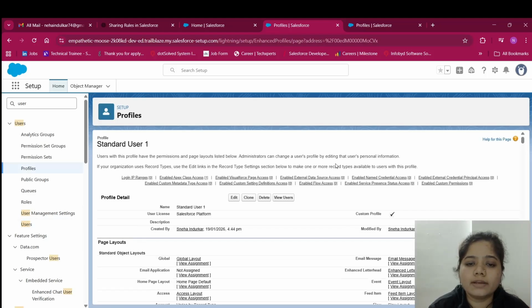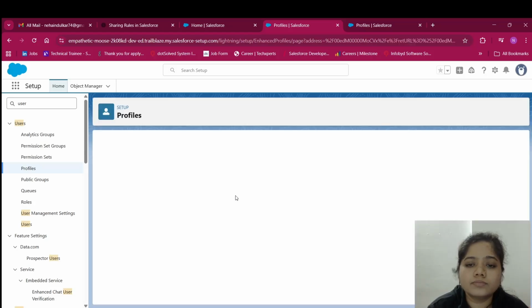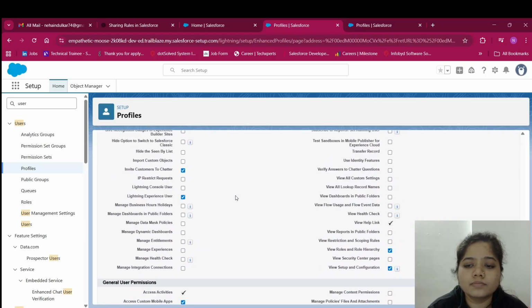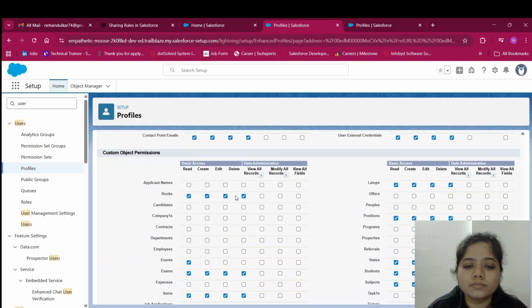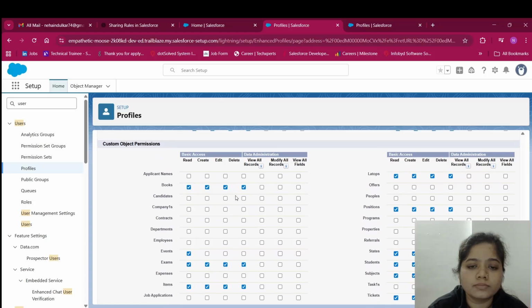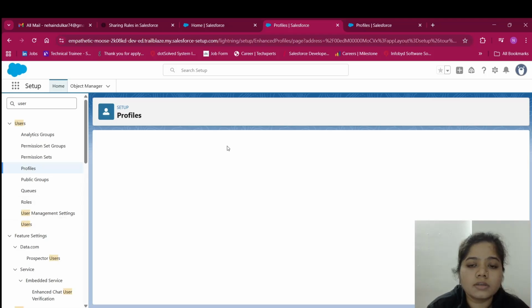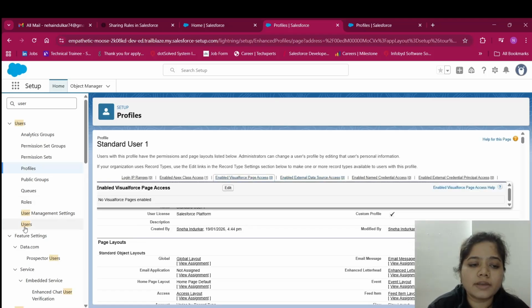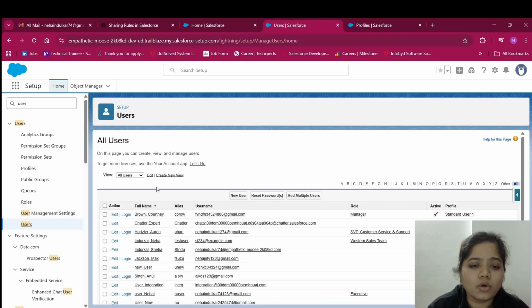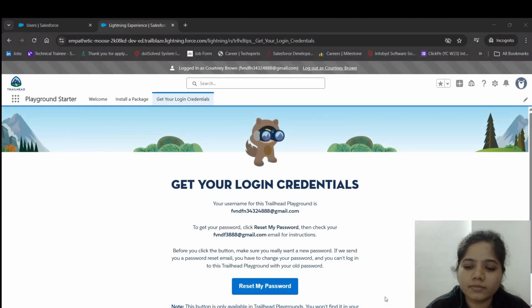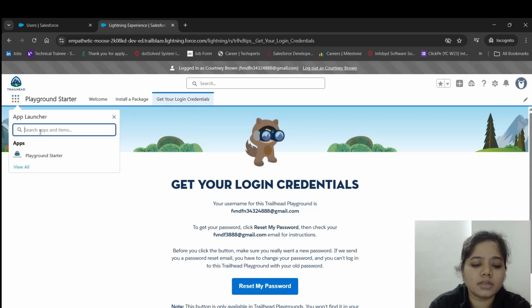Now after making changes, we will go on any user and go on profile. This standard user one profile is assigned to the user Courtney Brown. Now we will go on the Courtney Brown. Here you can see this is Courtney Brown user page, and we will go on app launcher and search here exam book